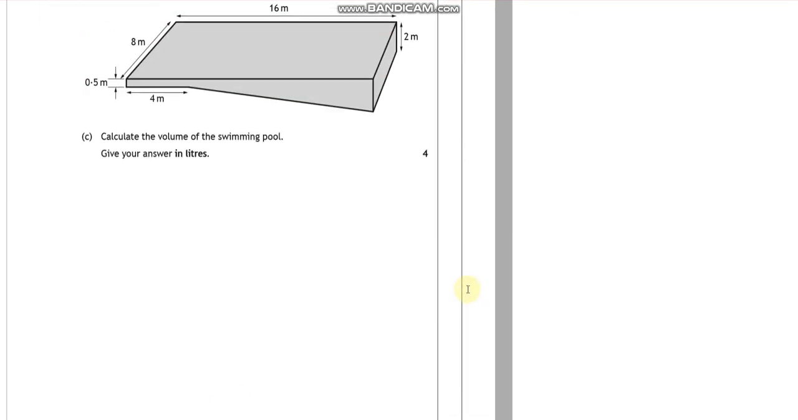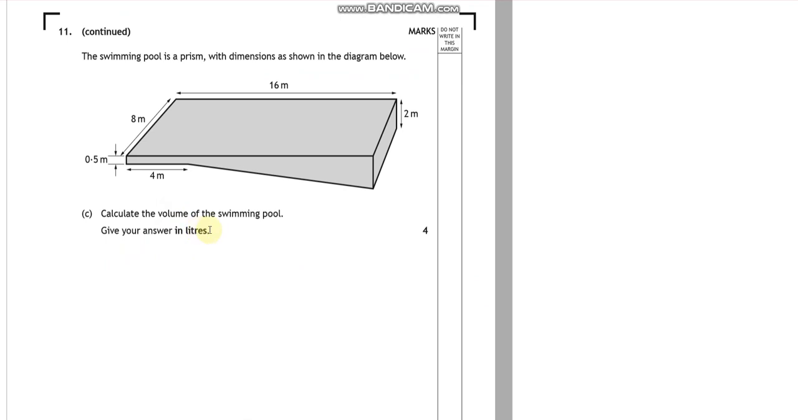So here we go, last 5 minutes then. We want it in litres as well, so let's put it into meters cubed and then we'll convert to litres at the end, alright? So the first thing I would do is think about the shapes, right? You can break this up into